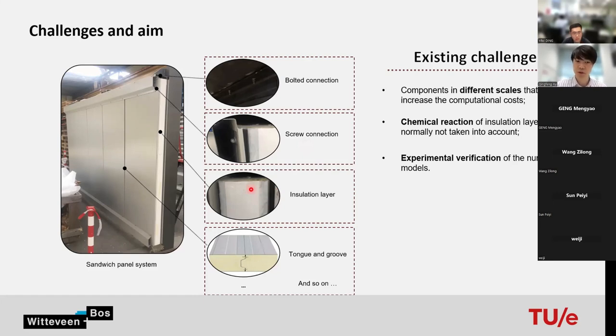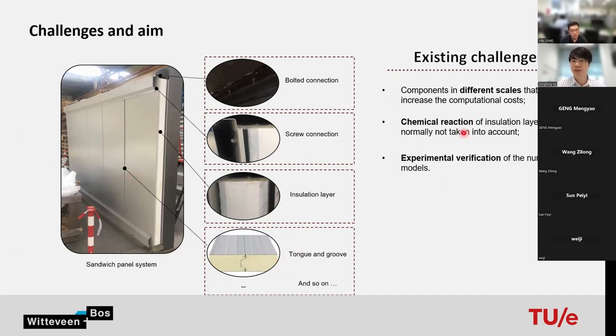It's a very complex material, and when this kind of material is fire exposed, it may release a lot of gas, and it makes it very difficult to predict the temperature distribution inside the material. There are also some other details, for example, the tongue and groove, glue layer in between. There are so many details, so we cannot properly model these details. So we have to use a full-scale experiment as a verification to check if our models can more or less accurately predict the whole system.